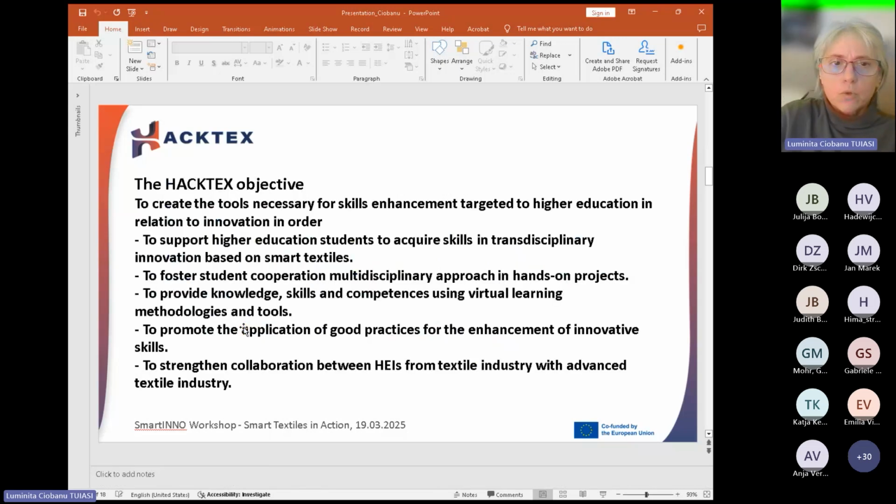Now, our main objective was to create tools, and this is an objective that a lot of projects have because the situation is fluid and any type of approach will bring advantages and will reflect maybe a different situation within the European Union, because not all countries have the same industry or the same position. So we wanted to create the tools necessary for skills enhancement. We discussed higher education. We wanted our students to acquire transdisciplinary skills. We wanted to foster student cooperation. We wanted to provide knowledge, skills, and competencies, and to apply and promote good practices, which would lead to better specialists and would tighten the cooperation between the universities and the sector of advanced technical